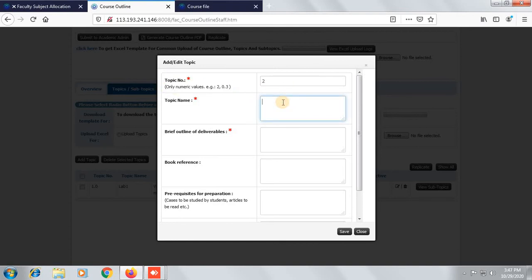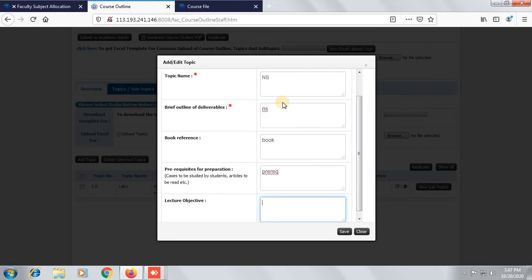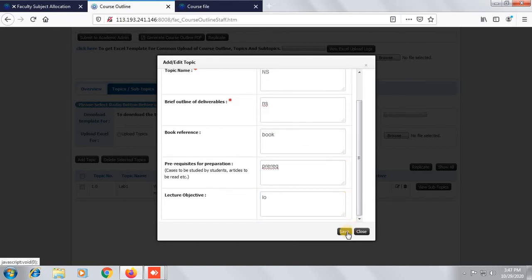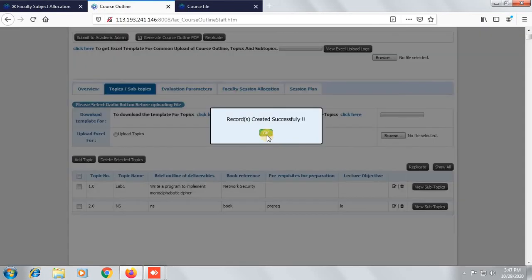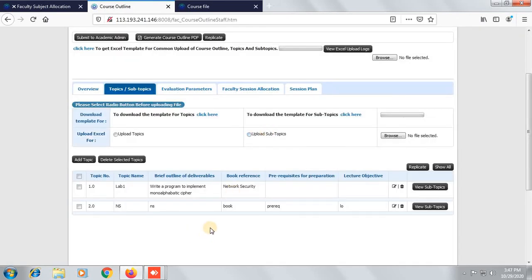The topic name, brief outline of the deliverable, book references, prerequisite. So we fill learning objectives. We have to provide all these details and we save. In this way we insert all the topics from the syllabus.